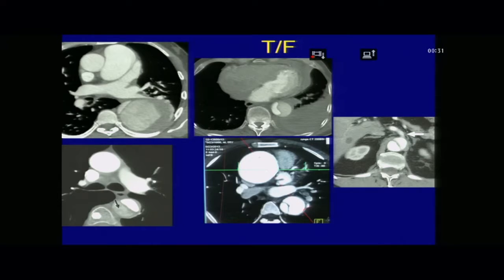This slide today is going to be interactive. We showed you over 2 days so many features showing true lumen, false lumen. So today I'm going to ask the audience which is true, which is false. So this is true, false. Which is this lumen, please? False lumen. Why? 2 features. Thrombus, okay? The contrast is same as the true. It's a wider lumen, more in favor. So the larger lumen is mostly false.